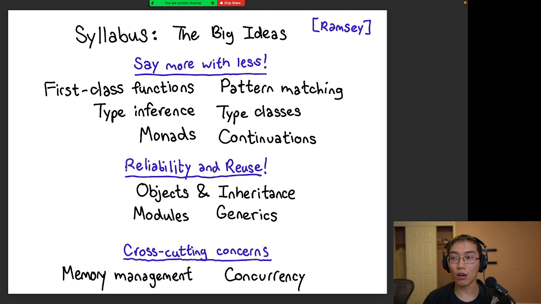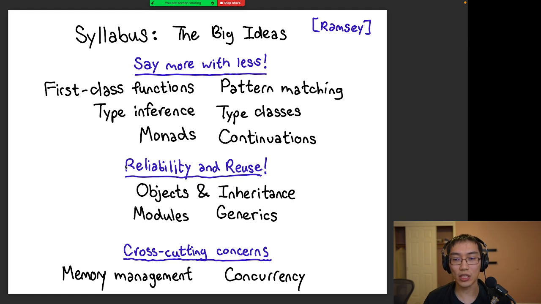Okay, so overall, the way that this class will be structured is, I took a page from Norman Ramsey, who is a really good educator, and he likes to organize programming languages concepts into three main categories. The first category is say more with less. So the idea behind this is,